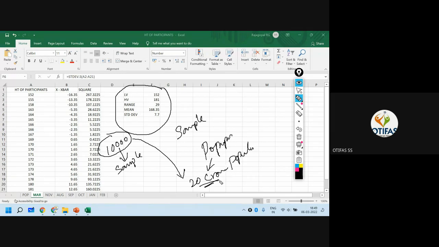Now, population does not mean only human population. It is any large set of data under study. It can be tablets. In a pharmaceutical industry, the number of tablets produced in a year may be 2 crore, for example. Now, 2 crore is the population. But if you want to study this population, you can take some 10,000 tablets, study them, and predict about the 2 crore. So 10,000 becomes the sample.